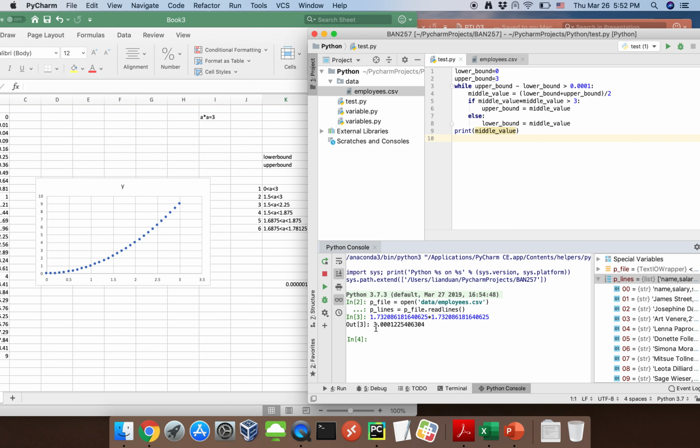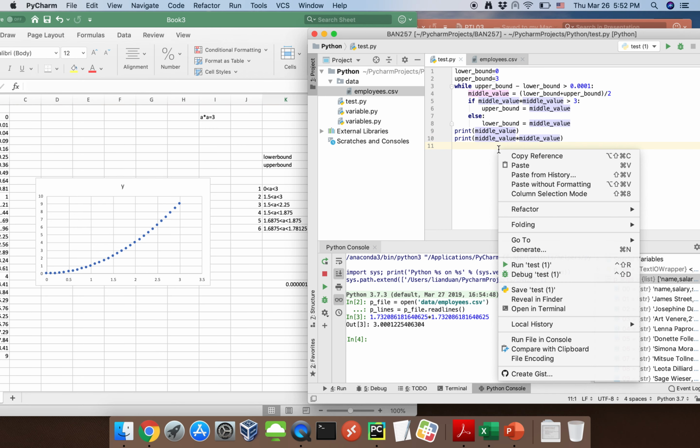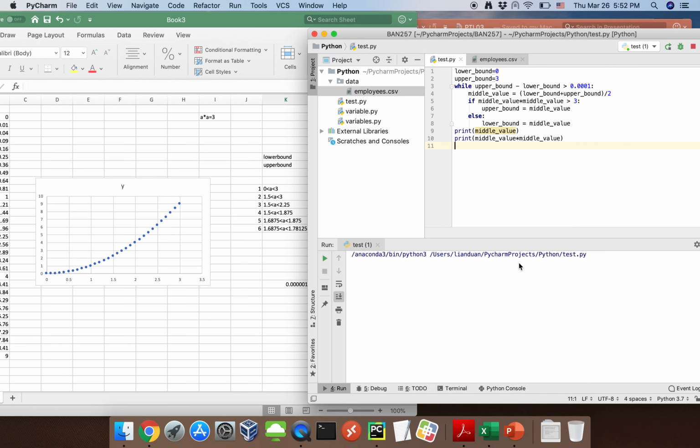So you can see it's very close to 3, although you will never be exactly 3, but it's kind of close. Probably I can have this one, that's just more straightforward for you. So the middle value times the middle value, square of this one, so you can just see it. So you can see when I breach the upper bound and lower bound by this threshold over here,